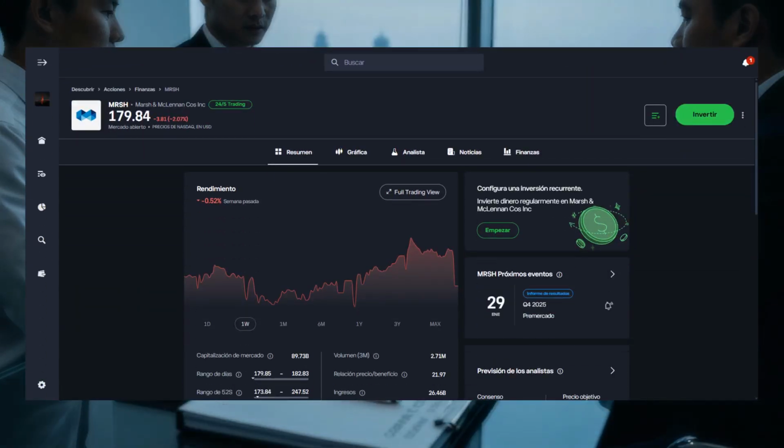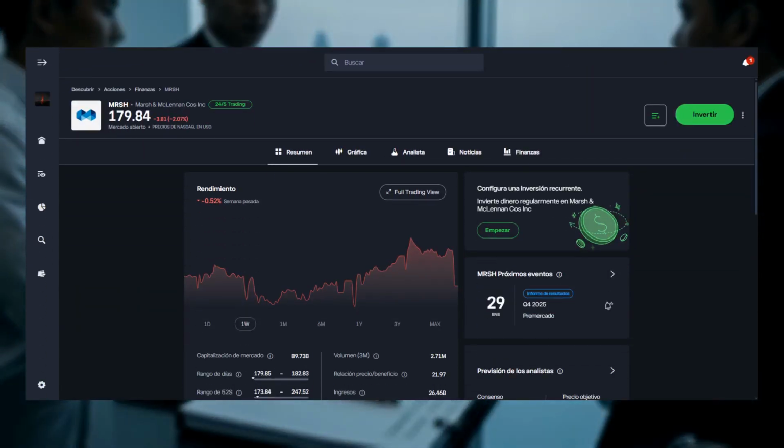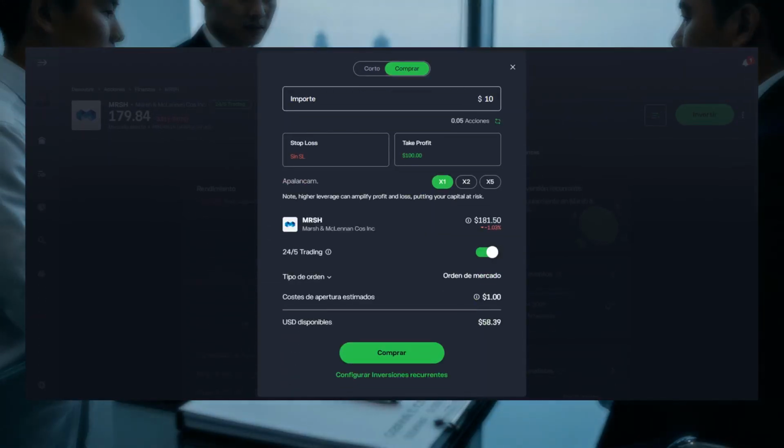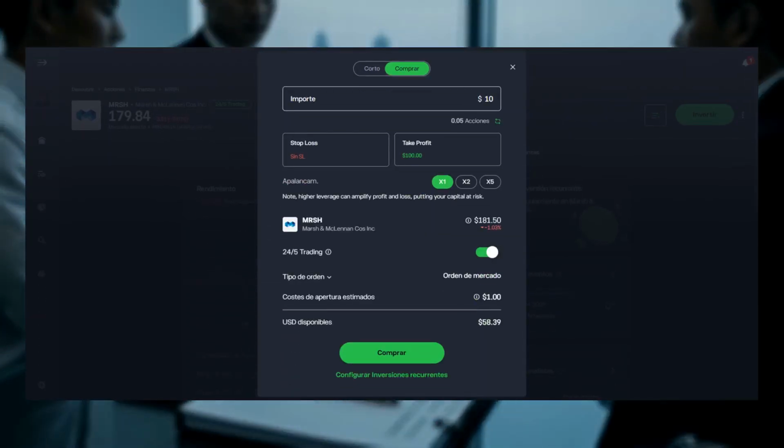Open the stock page to review basic company information and view the price chart for context. Double-check the company name and NASDAQ listing to confirm this is the correct MRSH share. Tap Buy or Trade, enter the amount you want to invest, carefully review the order details, and then confirm the